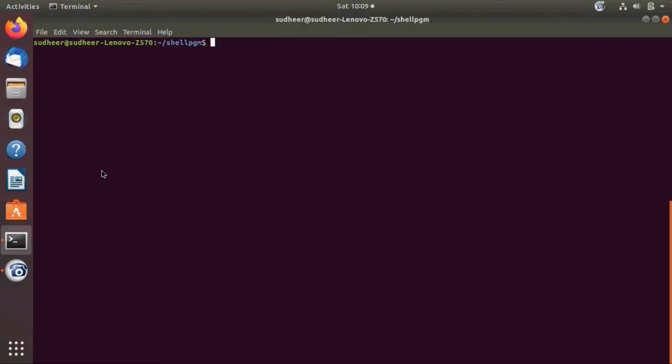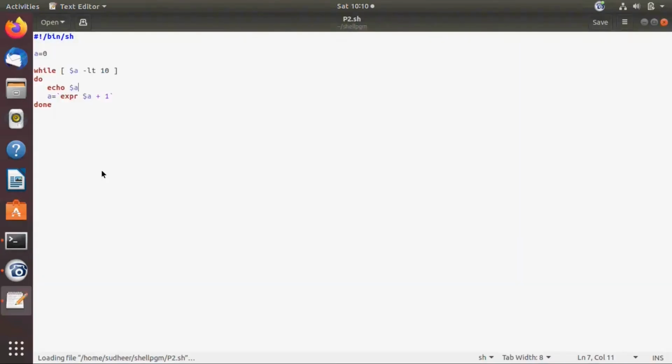Next program, while loop. Let us demonstrate one program using a while loop. gedit program name .sh. You already know how the while loop is going to execute. Here the program is using a while loop.